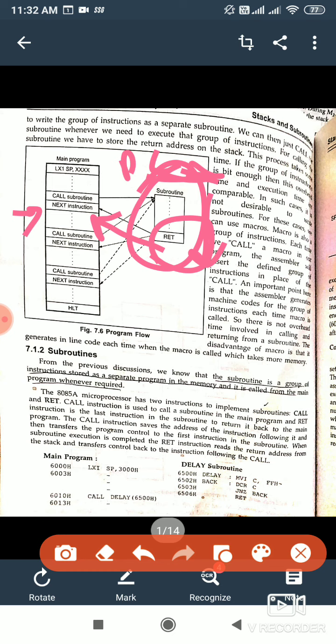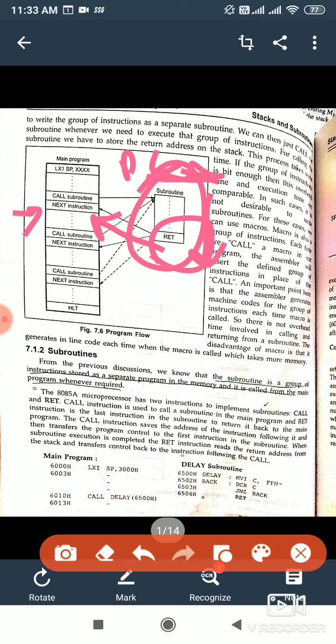In a macro, the assembler is used. The assembler will insert the defined group of instructions, that is a small group, in place of the call. Whenever the macro is called, that defined group of instructions is inserted by the assembler itself.